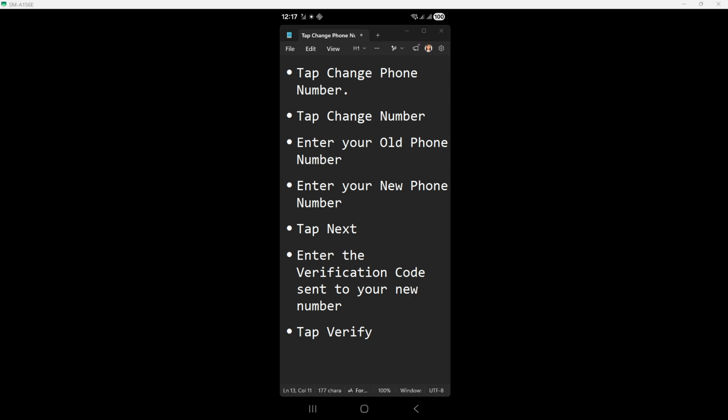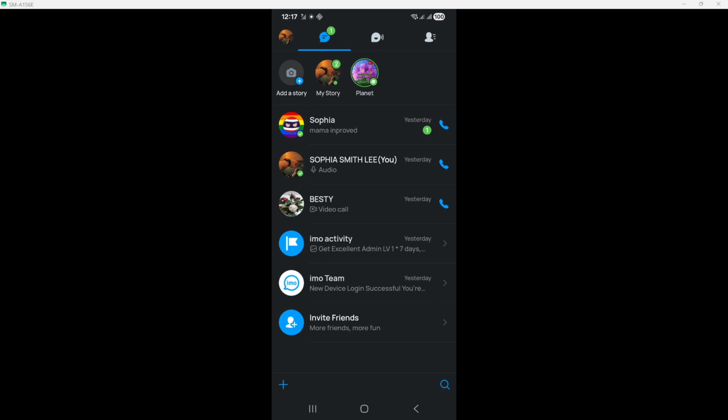Imo will then send a verification code to your new phone number. Go to your messages, find the code, and return to the app. Enter the verification code exactly as it appears. Be sure to do this promptly since verification codes can sometimes expire after a short time. After entering the code, tap Verify. Imo will process the request, and if everything has been entered correctly, your account will be updated with the new phone number. At that point, your Imo number is changed, and your account will now be connected to the new